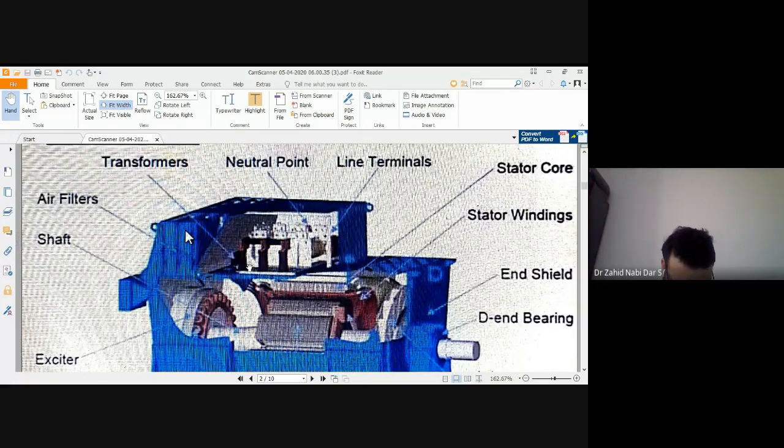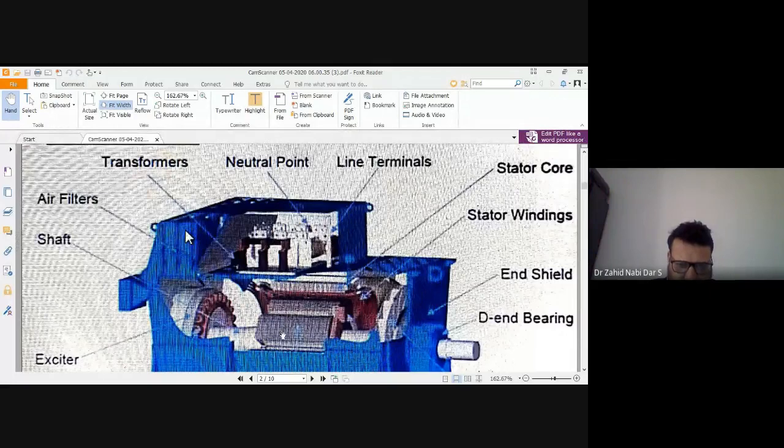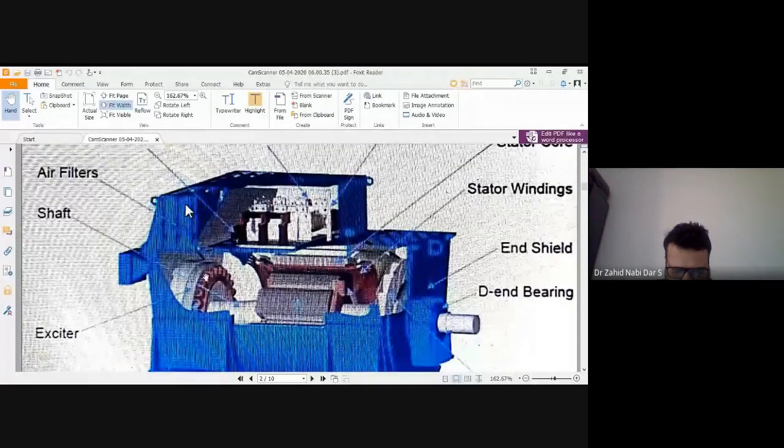So what is the reason? See, the stator of a synchronous generator is identical to that of a three-phase induction motor. The only difference is the type of rotor arrangement. The stator is almost similar, but the rotor is different. In an induction motor, this is the complete rotor, shaft. I will show you one more time. And there's the exciter over the rotor. In an induction motor there is nothing like that. This exciter is not there, and this exciter consists of DC voltage.